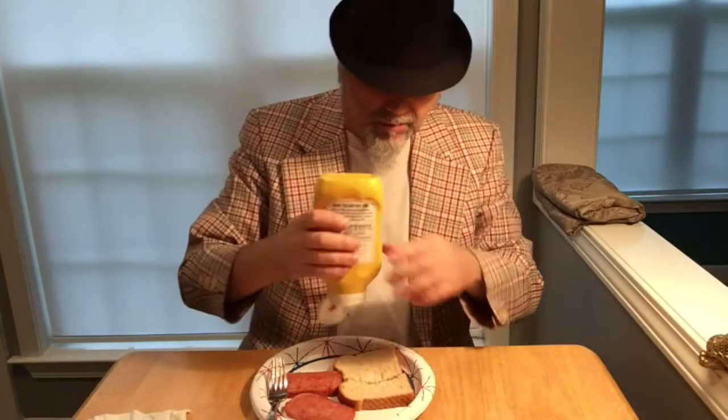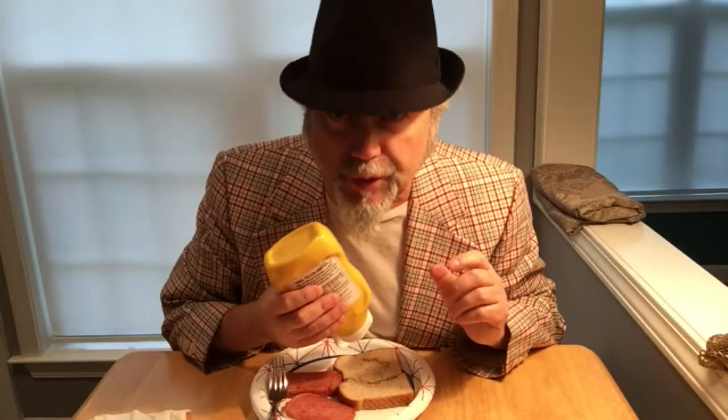Now, for another important ingredient, we're going to get us some mustard. You can use a lot of different kinds of mustard, and you can do spicy if you want to. Because I'm not trying to hold you down. I'm not trying to box you in and tell you what you have to do, okay? I'm not about that. You can do what you want to do with your Spam, okay? Now we're going to put some mustard on here. Mustard it to your own taste, okay? I'm not telling you what kind of mustard. I'm not telling you how much mustard. I'm not telling you you have to use mustard. I'm just telling you, if you want to do this right,